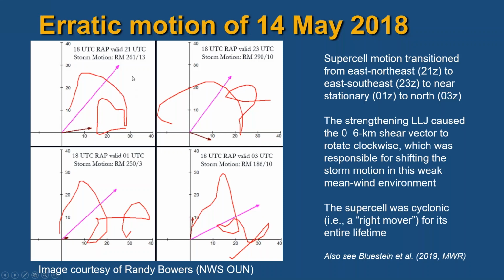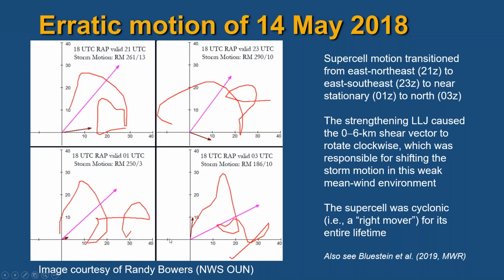So on these hodographs, they're every 2 hours from 21Z, 23Z, et cetera, to 3Z. Left mover in this purplish color, and then the brown one is the right mover. So once the storm became a supercell around 23Z, it started moving southeast. Okay, well, a couple hours later, the storm motion was near stationary as this low-level jet picked up and the